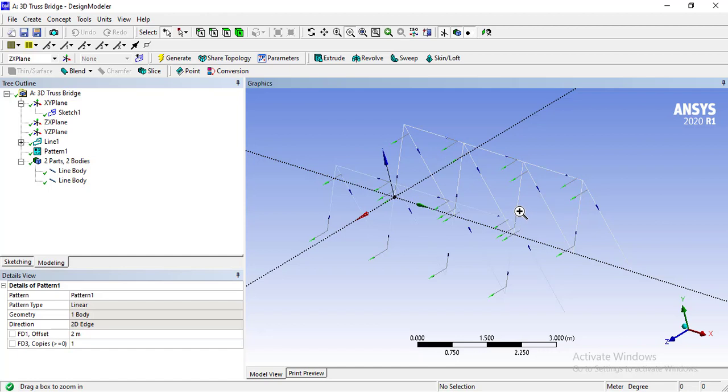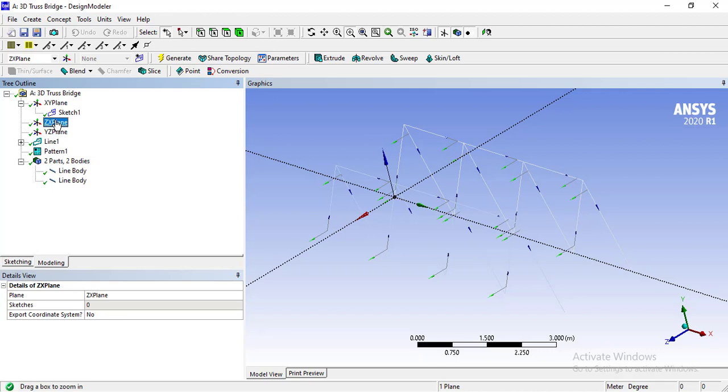For this purpose, we have to move this ZX plane to the above direction so that we can draw the lines. For this purpose, kindly select the ZX plane and click this command, which is the new plane.